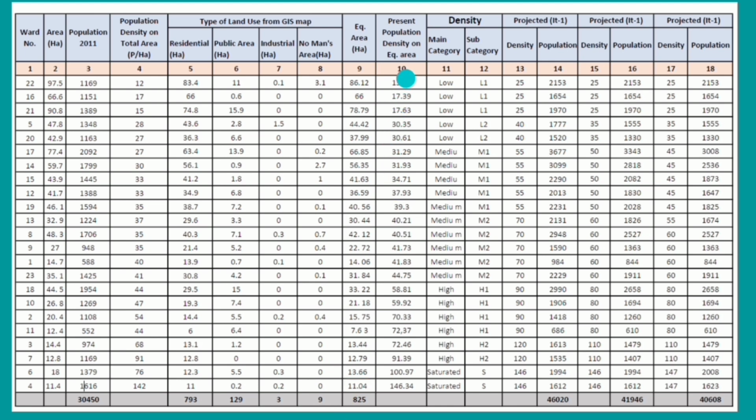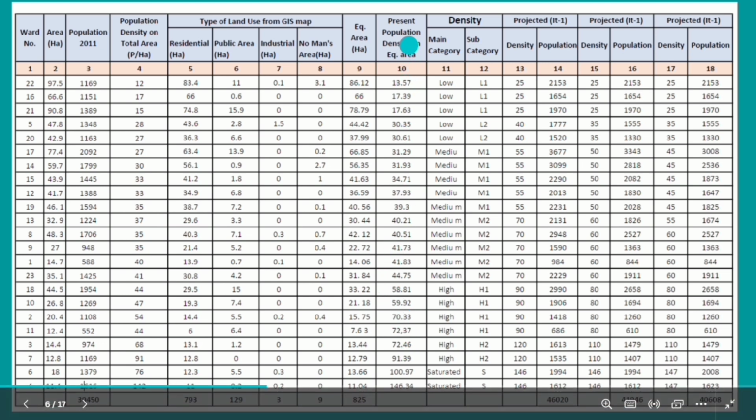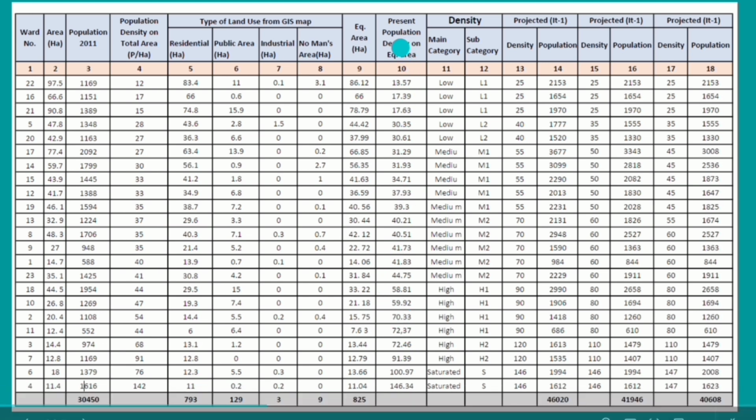So now you can imagine why these wards have been arranged in such a manner. It clearly means that ward number 22 has the least population density, while 146 has the maximum population density, right? Now based on this, we have to define a certain criteria,